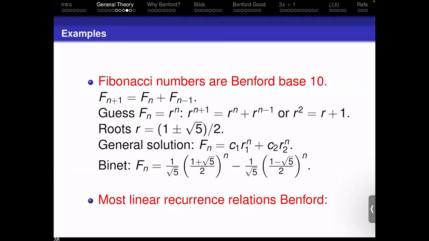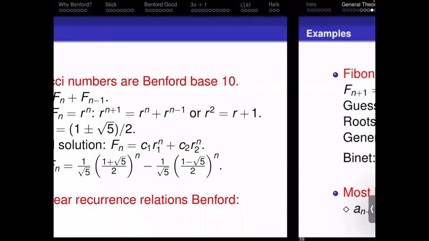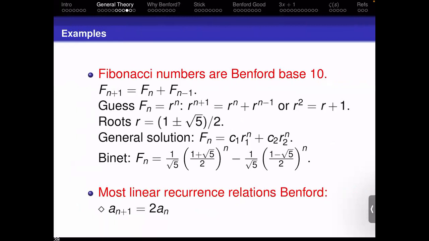And again, because so many things can be modeled by recurrence relations or differential equations, this is some additional evidence in support of the prevalence of Benfordness. So if I give you, for instance, a_{n+1} = 2a_n, this is just going to give us the numbers 2 to the n that we had before, and this will be Benford. But if I give you a_{n+1} = 2a_n - a_{n-1}, it turns out this will not be Benford. And so this one was deliberately cooked up.